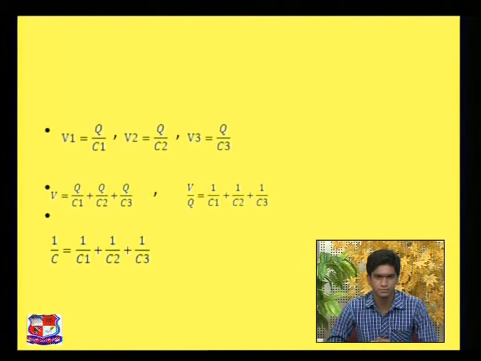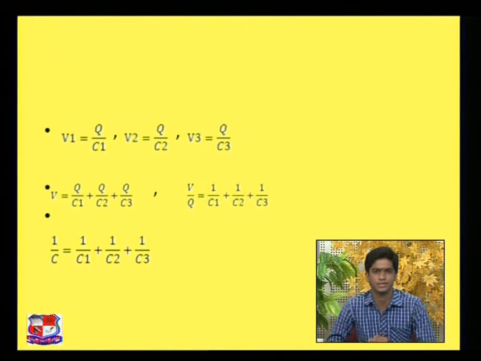Before we saw that V is equal to V1 plus V2 plus V3, so we can write the equation V is equal to Q by C1, which is V1, plus Q by C2, which is V2, plus Q by C3, which is V3. So we have an equation V is equal to Q by C1 plus Q by C2 plus Q by C3. After that we can take Q as common, so that we have V is equal to Q times 1 by C1 plus 1 by C2 plus 1 by C3, and then Q